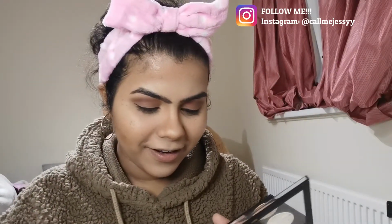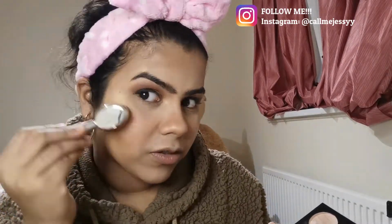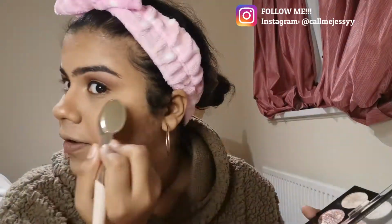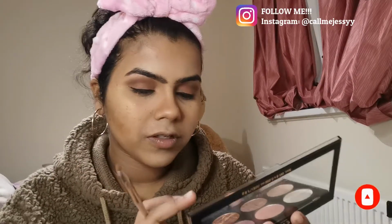use a bit of highlighter on this part. Use that. Also, I like a bit on my... Who doesn't like it over here? I might as well use it this way. And a bit on the...